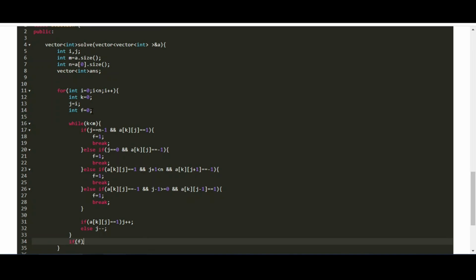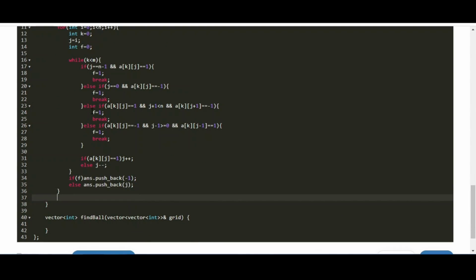The flag variable indicates whether the ball can reach the bottom or not. So if the ball cannot reach the bottom, we'll push -1 to the answer, and else we'll push the column value to our answer. Now we'll return the answer from the function.